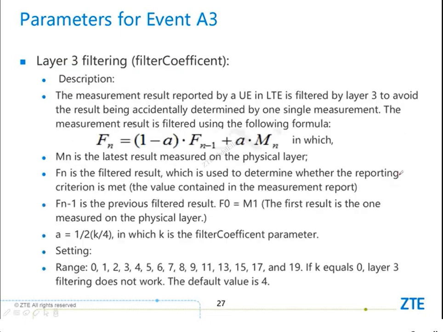Okay, the next are the parameters for event A3 about layer 3 filtering. This is the filter coefficient, because we know the UE's measurement of the target cell is not always the same. For example, if I report 3 or 4 times, maybe these 3 or 4 results are all different. Maybe the first time is minus 105 dBm, the second is minus 106 dBm, the third is minus 104 dBm, right? This is very common. So what is the filter coefficient? If the filter coefficient we set is 1,